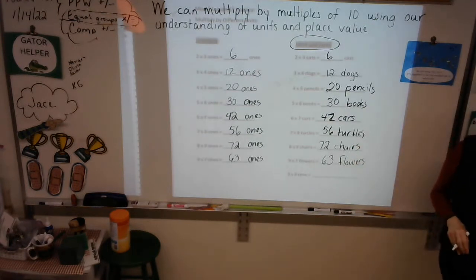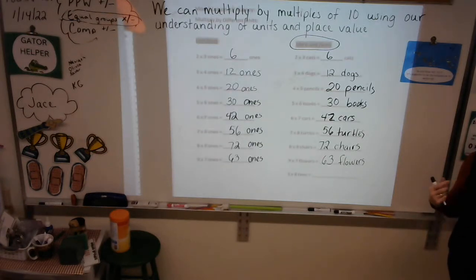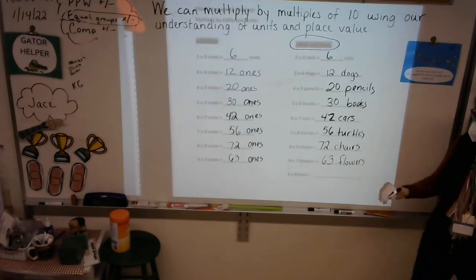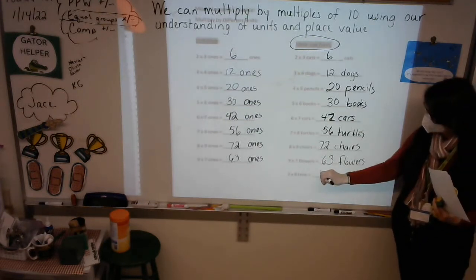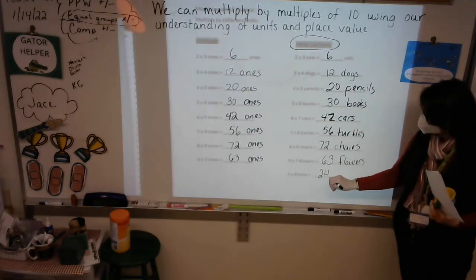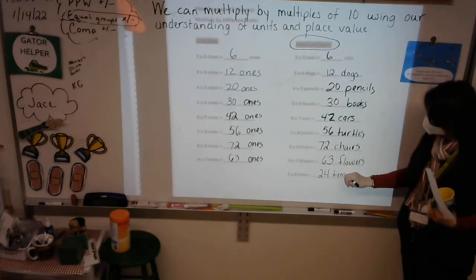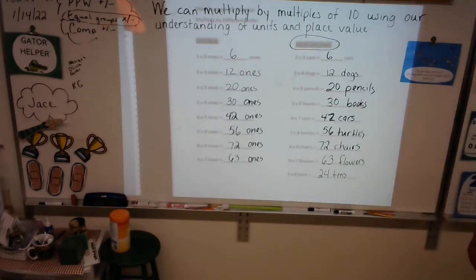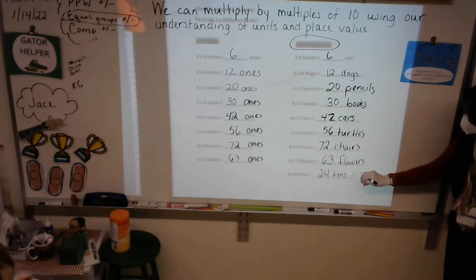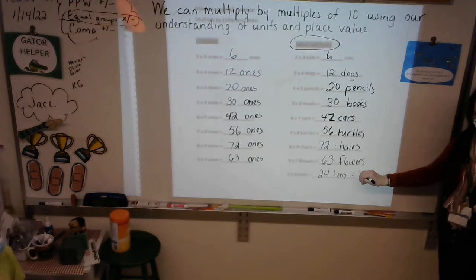But now our unit is not flowers, it's not chairs, it's not cars, it's not cats, it's not dogs, it's not ones. But we have 3 times 8 tens. What will 3 times 8 tens be? Next. 24 tens, very good. And then we all know how to write 24 tens, right? How do you write 24 tens? Let's put it down here. That equals 24 tens is